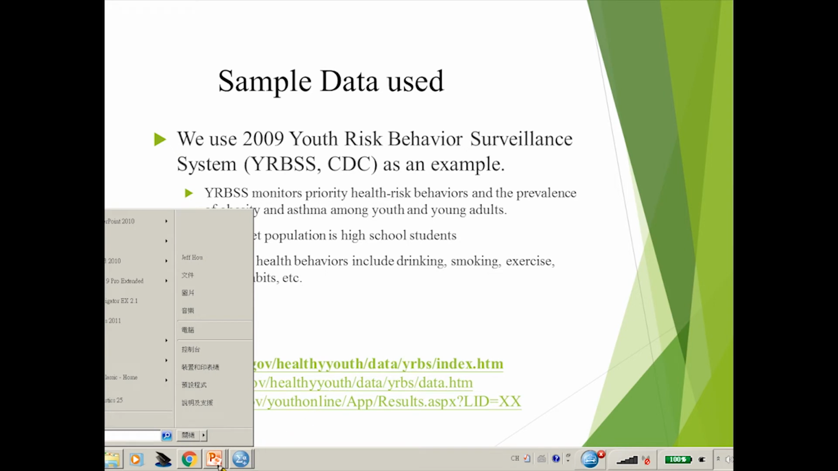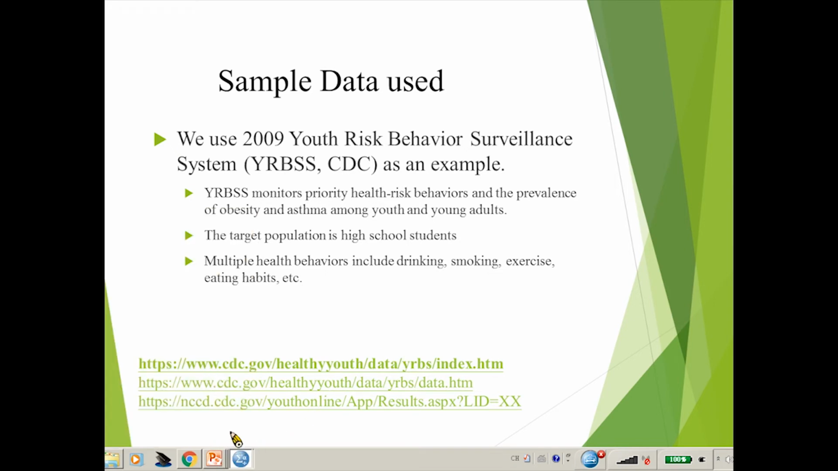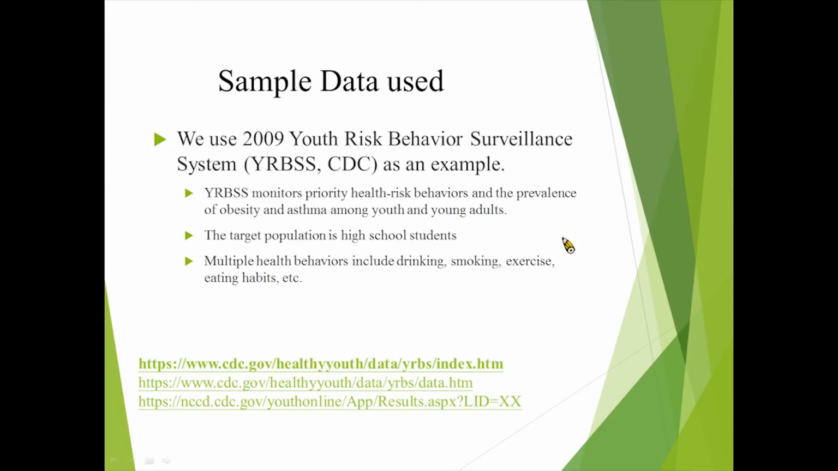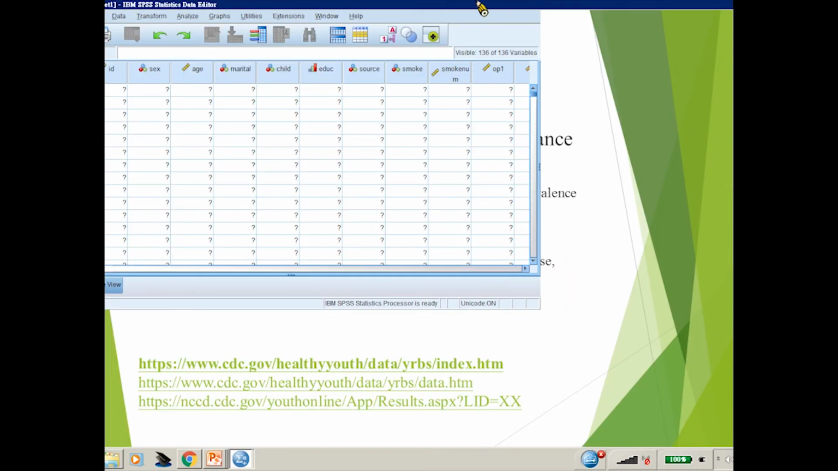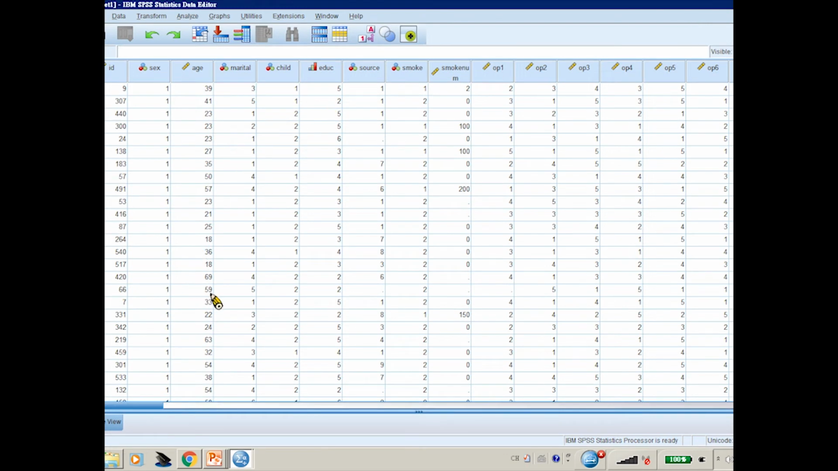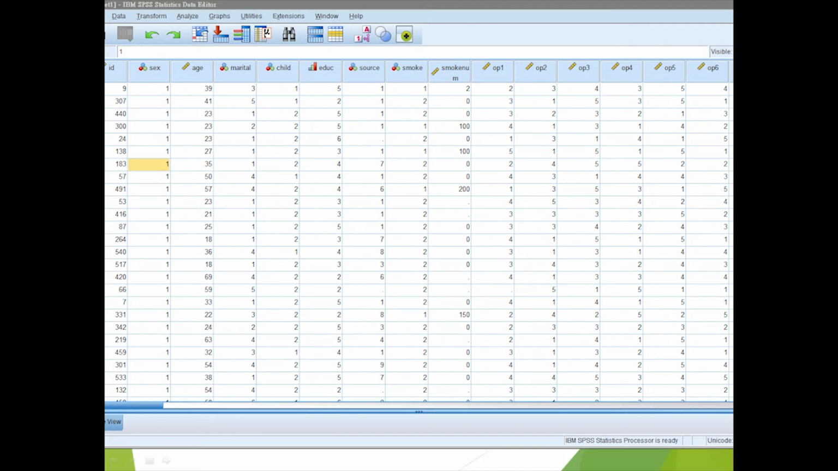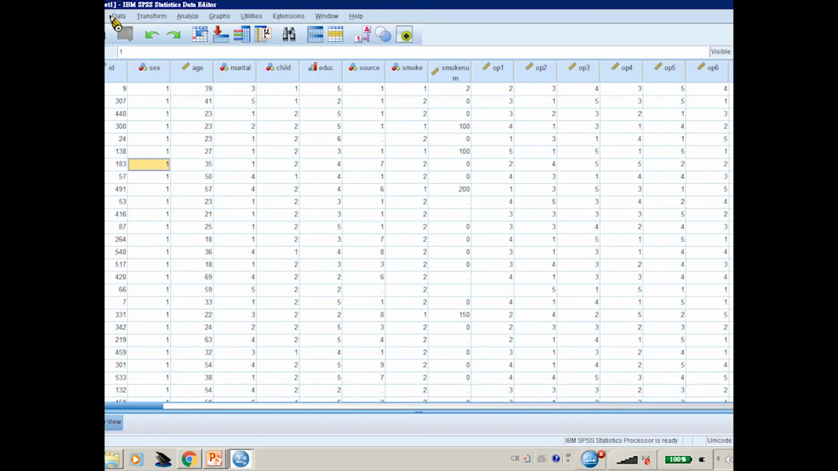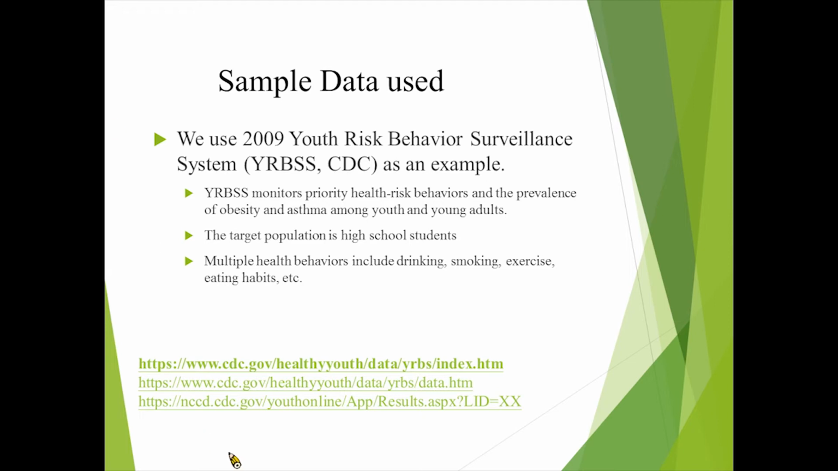Okay, so let's see the SPSS. Okay, in SPSS you can see the